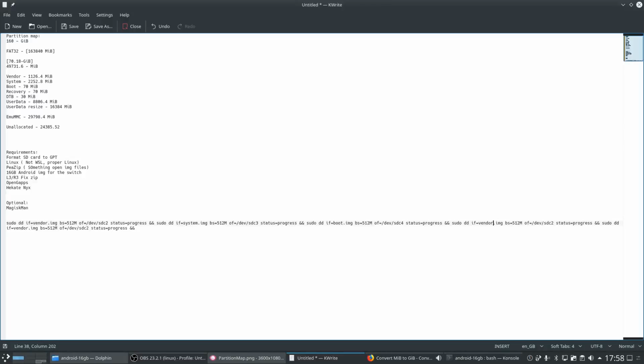boot, then we're going to do the recovery image, and that's going to be on SDC5. And then after that we will be doing the device tree bridge, and that will be on SDC6. And then we will be doing the user data, and that will be on SDC7. So I'm just gonna write that SDC7,